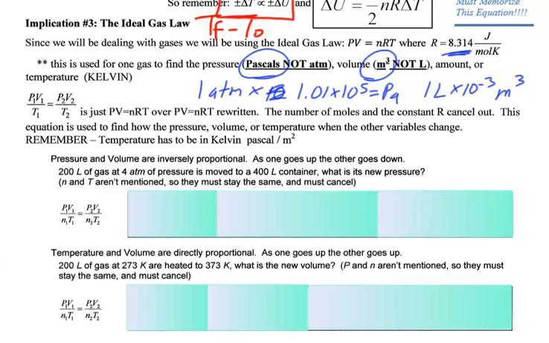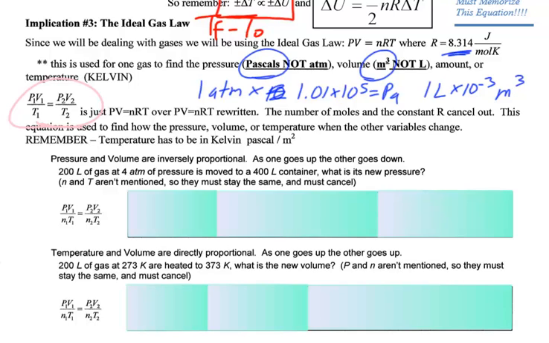Okay. So what ends up happening a lot of times, sometimes you'll use PV = nRT like you did in your chemistry class, but a lot of times you'll have various things changing, where you will have pressures changing, volumes changing, temperatures changing, or perhaps the number of moles in your gas are going to change. But basically, you're going to look, and this equation here is simply PV = nRT over PV = nRT,